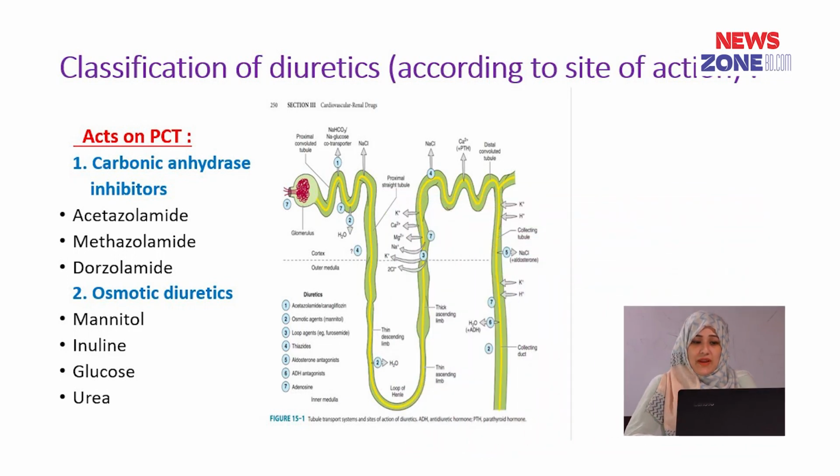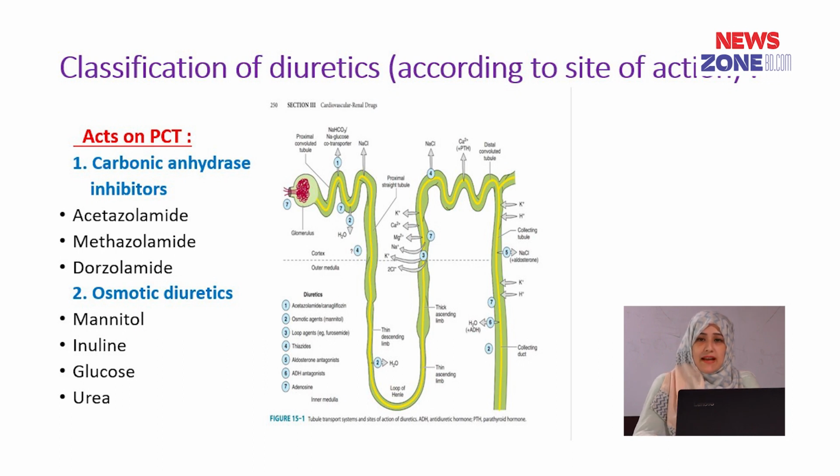According to the site of action, diuretics are of three types. Those which act on the proximal convoluted tubule: number 1, carbonic anhydrase inhibitors, and number 2, osmotic diuretics. The carbonic anhydrase inhibitors are acetazolamide, methazolamide, dorzolamide, and the osmotic diuretics are mannitol,